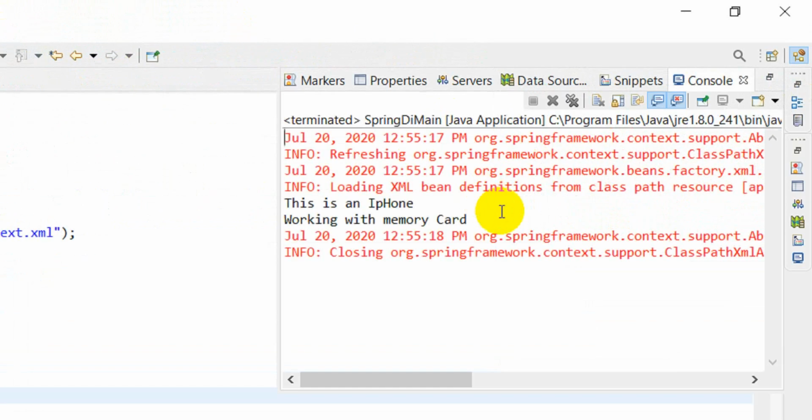You can see this program works just fine. It gives you, this is an iPhone, which is its own method. It will also give you the parts method, that is, this is the dependency injection, that is